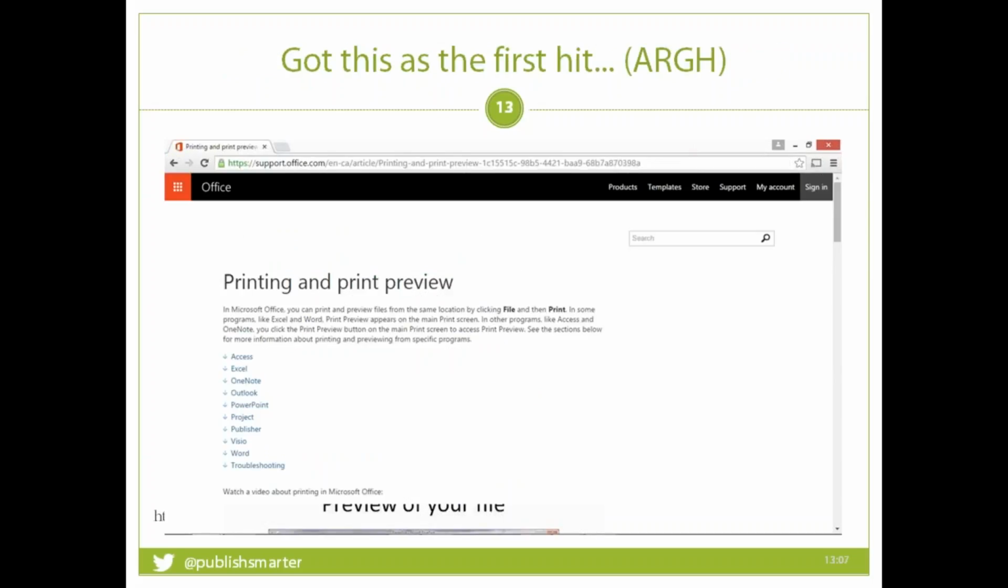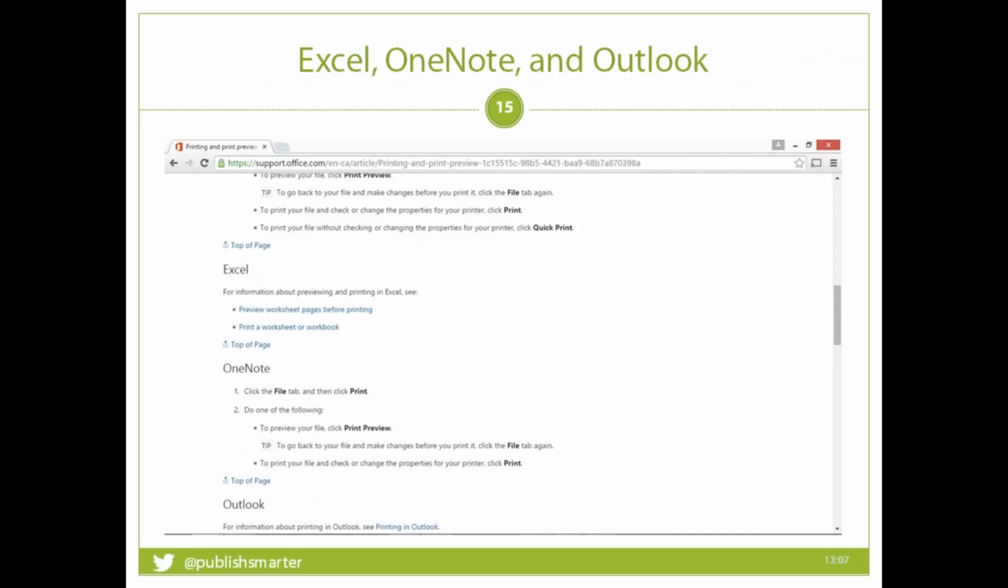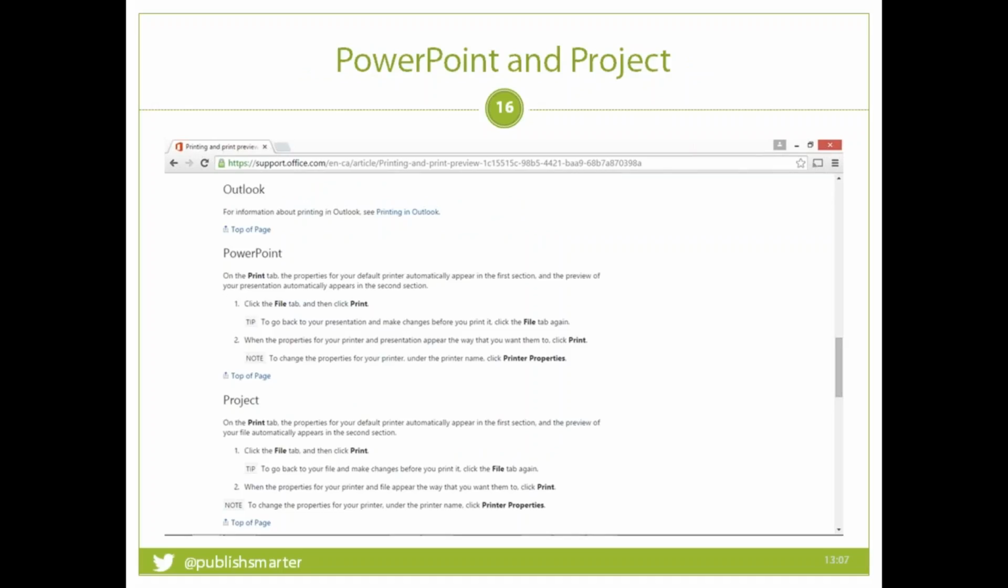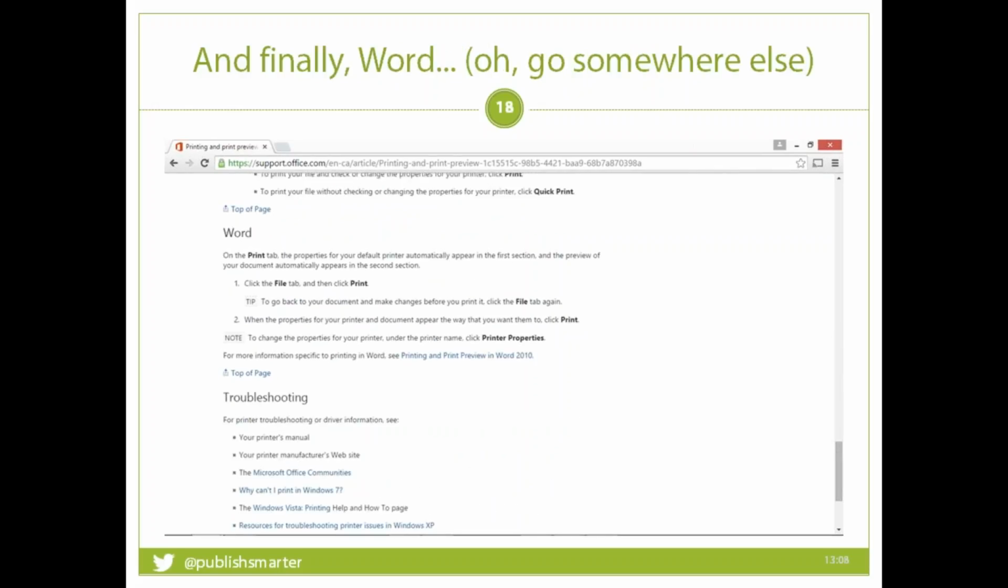I went in and clicked one of the links, the first hit, and it had print preview. So I took a look at it and I scrolled down, and then I found a video on how to print, plus some stuff about Microsoft Access. So I scrolled down and I found stuff about Excel and OneNote and Outlook. So I scrolled down, and then I found PowerPoint and Microsoft Project, because alphabetically is a great way to provide product information. Publisher and Visio showed up, and then finally I get to the stuff on Word,